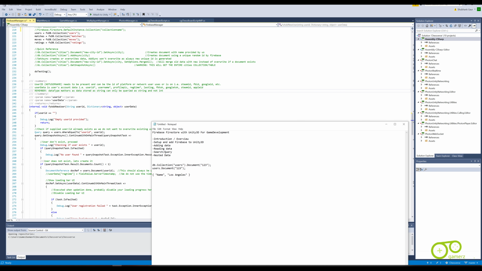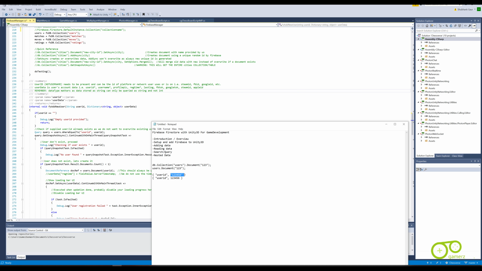Let's say there are two ways to store a user ID. There is this way and there is this way, and the difference is, although both of them look the same,